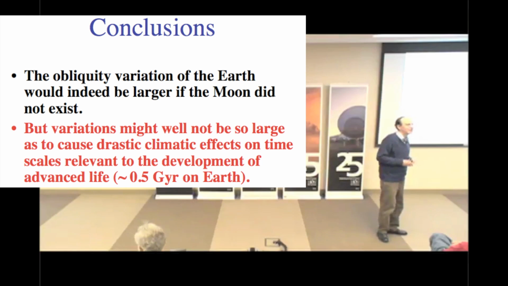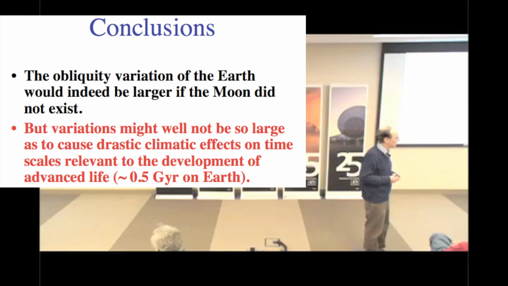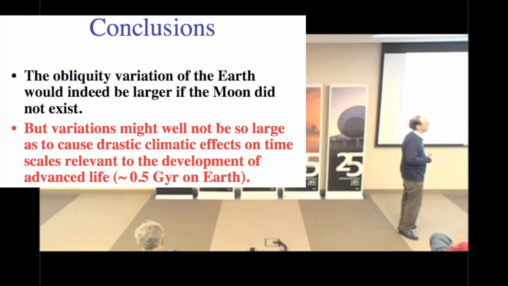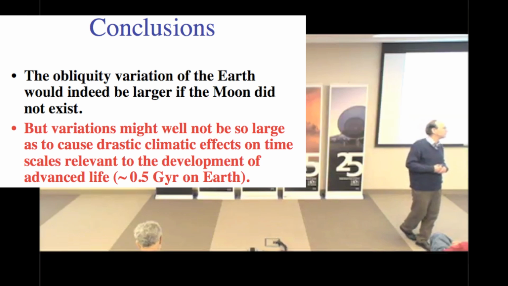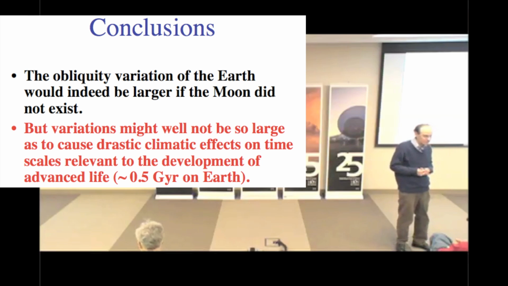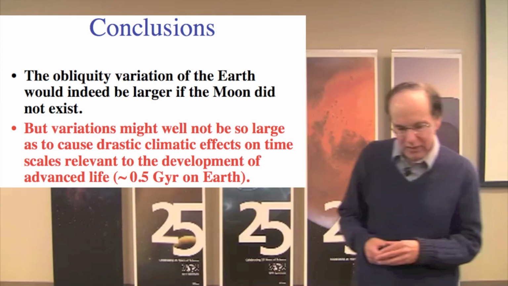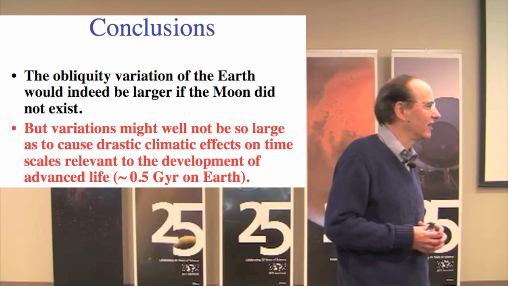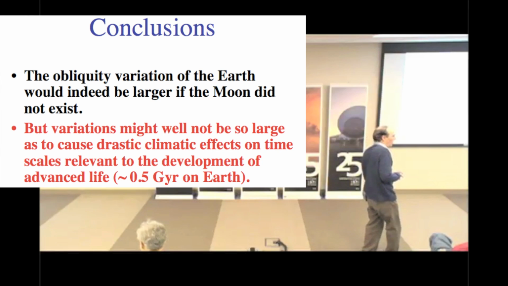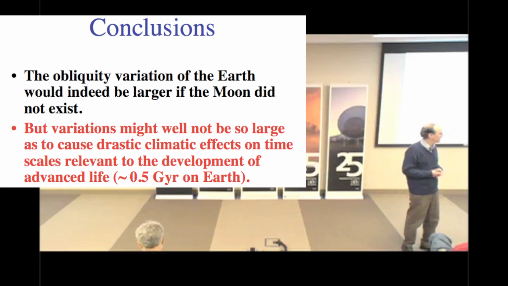So this is indeed a factor, variations in obliquity of the typical terrestrial planets, 90-something% of which lack large, long-lived moons, if our theories are right. But it's not as severe a factor as various people, including the authors of the book Rare Earth, that many of you may have read,